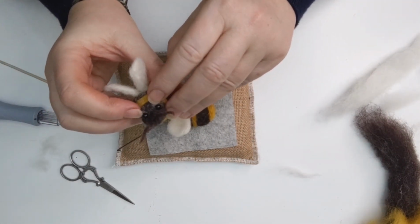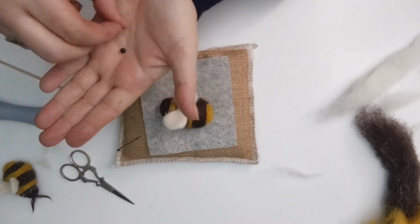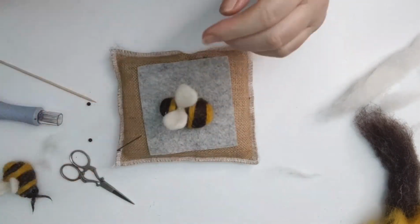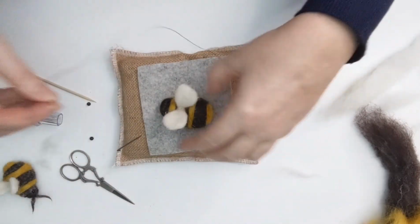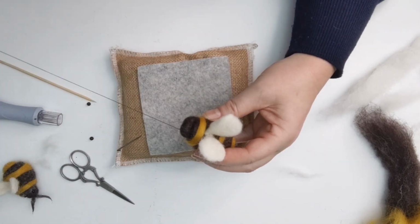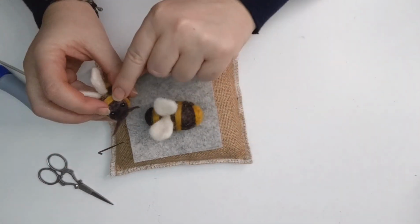So we're going to pop a couple of eyes on here. There is another video tutorial to show you how to sew them on, so I won't go through the whole process of sewing them on, but I'm just using black glass beads, and I'm just using some black thread. The beads have got a hole in the middle, and I'm just going to sew backwards and forwards a few times. So the eyes are on,